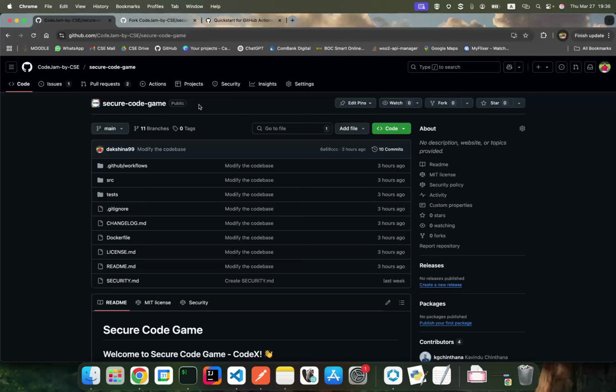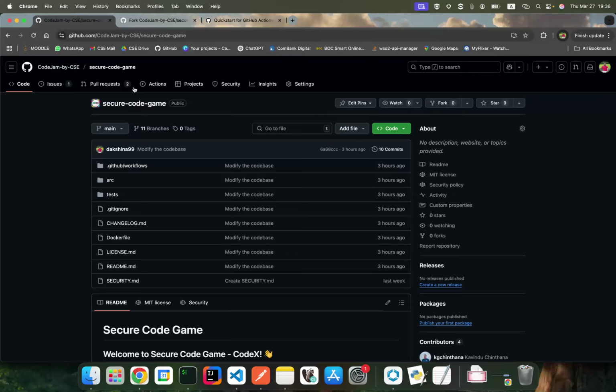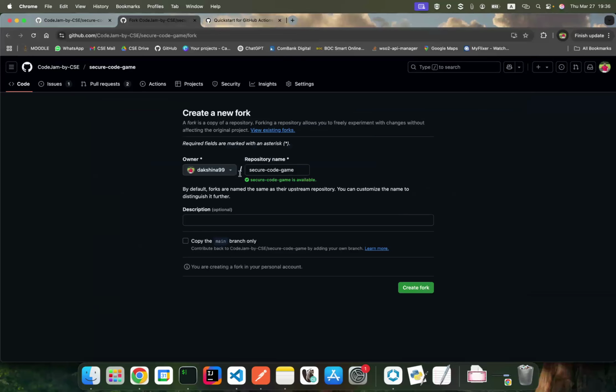Let's say this is the open source project hosted by CodeJam by CSC organization. I don't know who's the owner of this project. So basically I'm going to get a fork of this to my local account. I untick this to get all the branches of this remote repository.